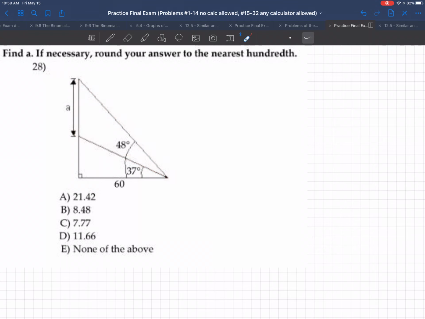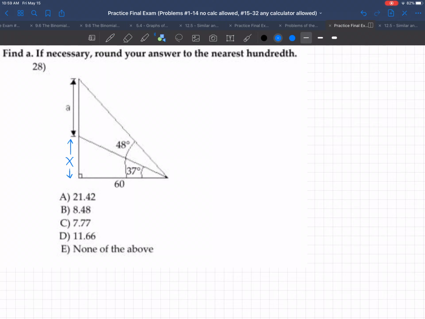And also notice that 48 degrees is this angle here. See how that arc goes all the way like that? And 37 is this angle here. So, what are we going to do? What we could do is deal with this in two different triangles. First, we could find x, which is this distance